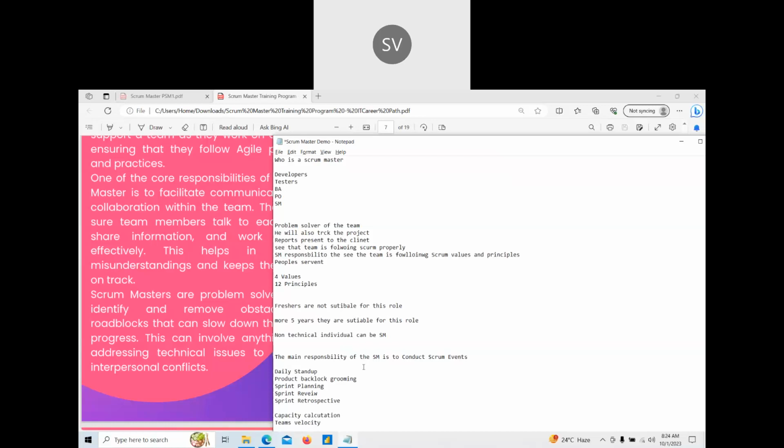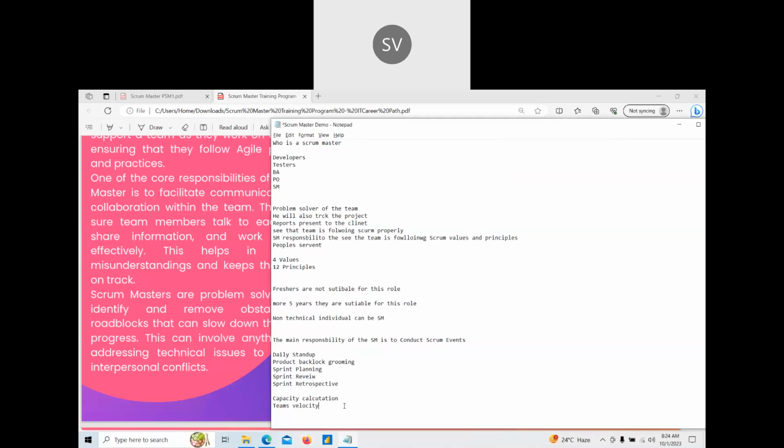These are very important pieces of information a Scrum Master should know. Whenever a client asks what the team's capacity or velocity in handling sprints is, there should be some calculation done by the Scrum Master. All these things should be taken care of by the Scrum Master in any project.